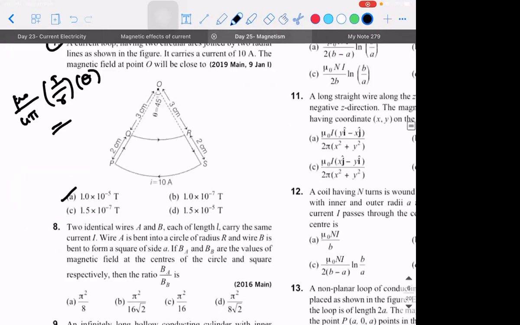So if your answer comes as 1.5 into 10 power minus 5, that is the wrong answer. They have given it deliberately, because they are testing whether you are converting to degree or radian. So that is how they ask. They wantedly give you a wrong answer also. We escaped in one problem, you saw, right? That equilateral triangle. I got the answer as 6, and we would have picked it. But 6 is due to only one side, so 18 is the correct answer. That kind of thing happens in a hurry. So be careful. Do the calculation in one minute and show me.